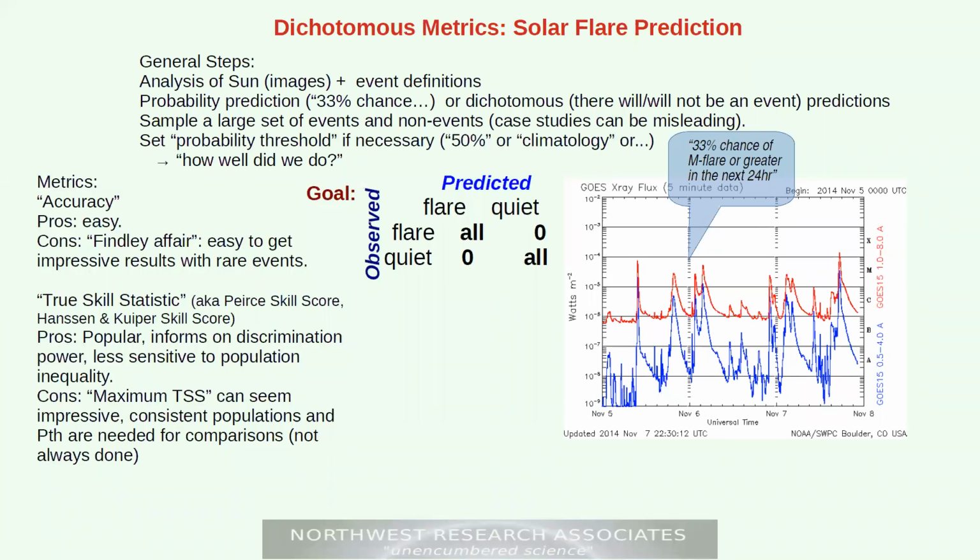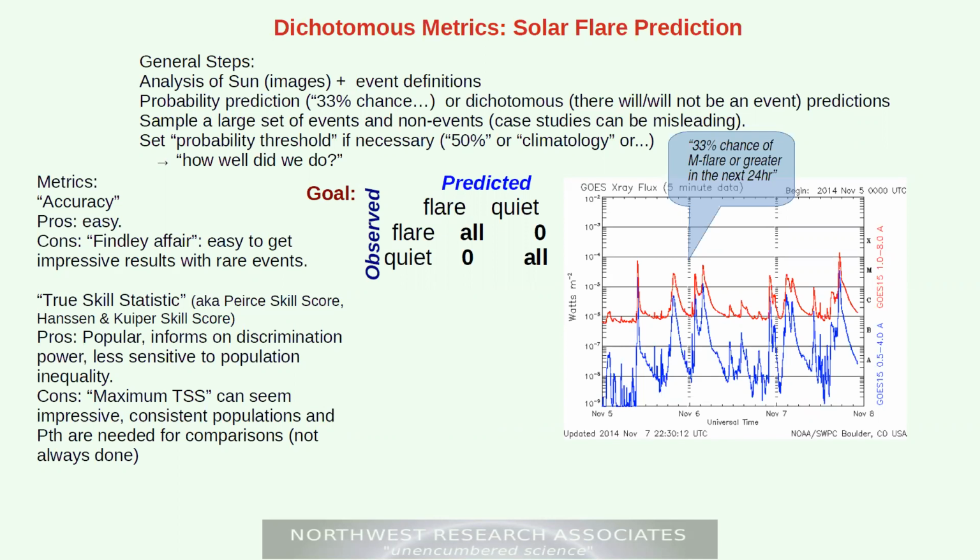Like I mentioned before, on some of these dichotomous type things, you've got metrics such as accuracy. How many did we get right over how many total? Pros: easy to compute, right? Cons: something called the Finley affair. Accuracy is really easy to get a very high number that is completely misleading, and it's actually worse. So if you, for example, have